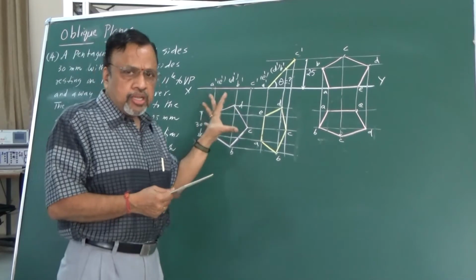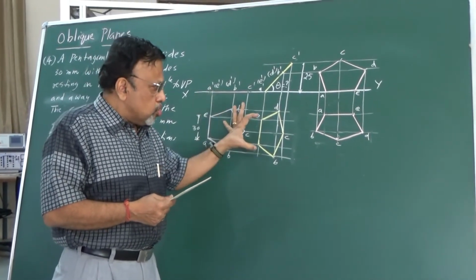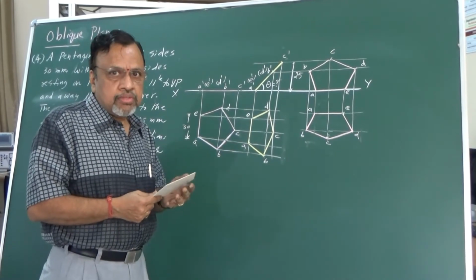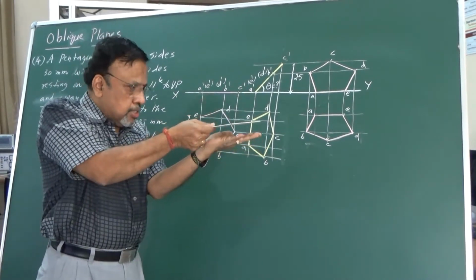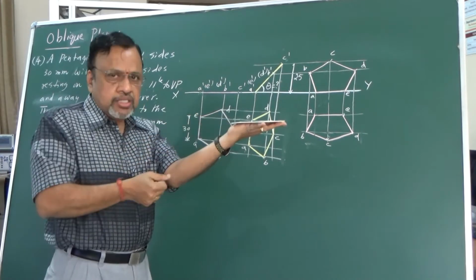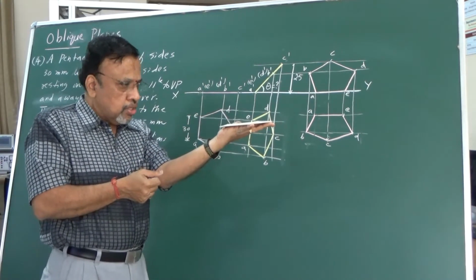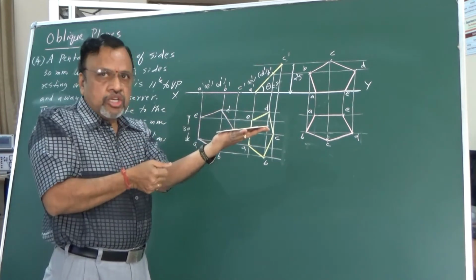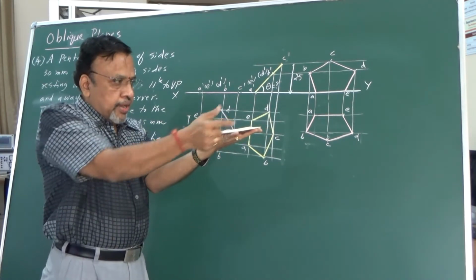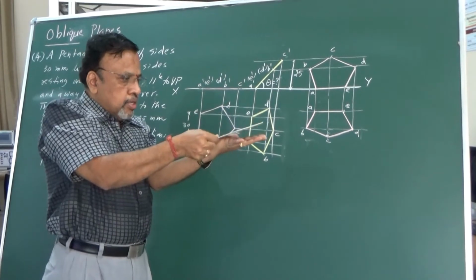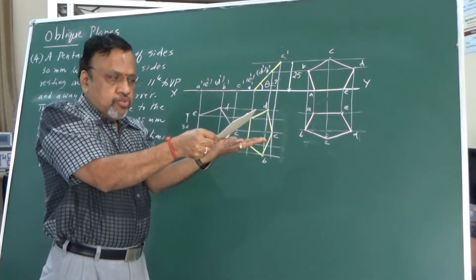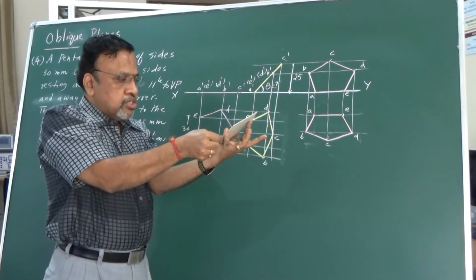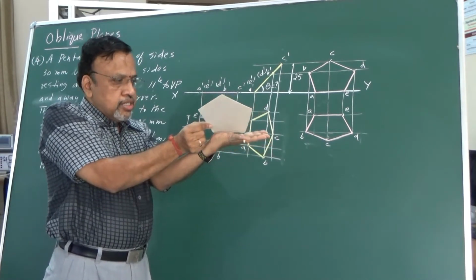Okay, now in this particular problem, we can also do this problem alternatively. You can say why? The reason is, if you just see this particular problem, I have started like this. I want all of you to concentrate on what I am doing. Now I have considered this entire lamina resting on HP. Then I have taken this particular corner to be lifted by 25 mm. That is what we got in the second stage. In the third stage, what I have done is I have rotated it in this way.